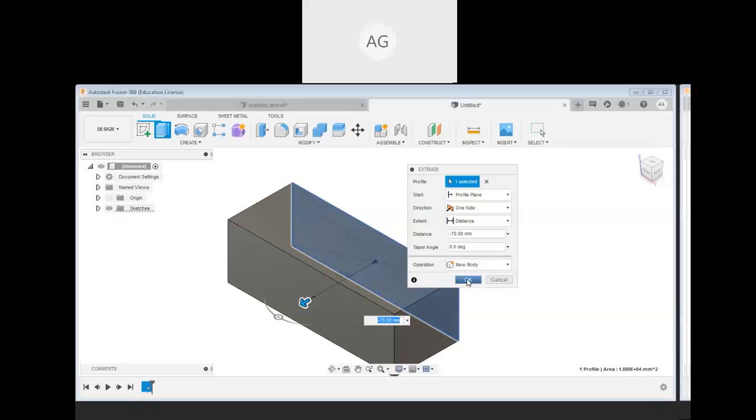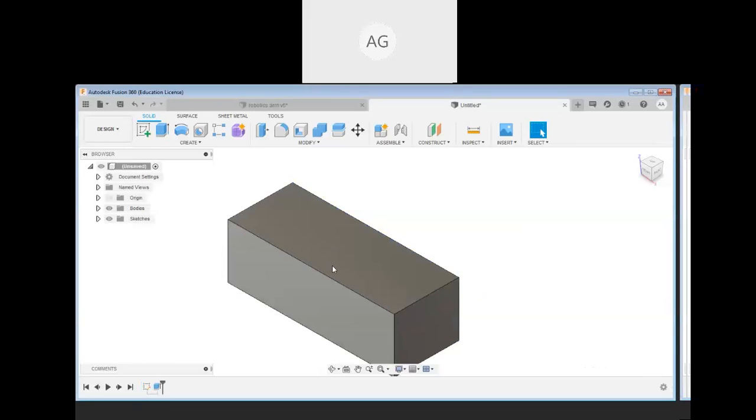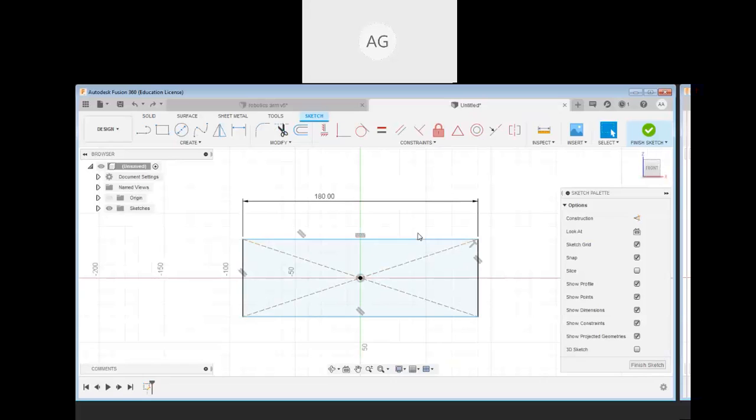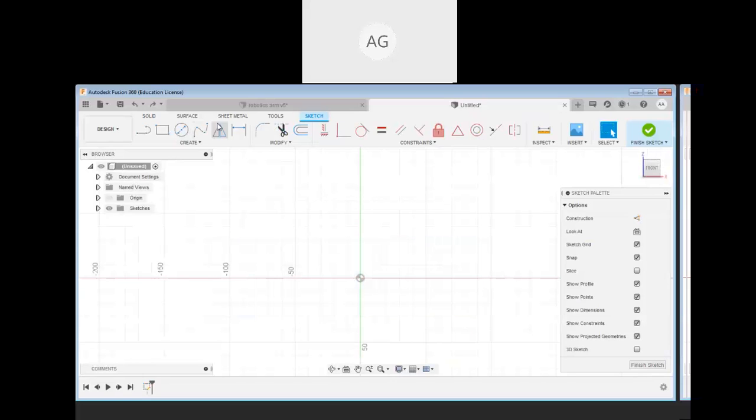So you can use this part also. This one is your part. If you want to do any finishing in this part, that also you can do. So let me make some more interesting part so that you can understand it a little better. Let me delete it. Let me make one more part using revolve or something similar. Let me make the revolve command over here.